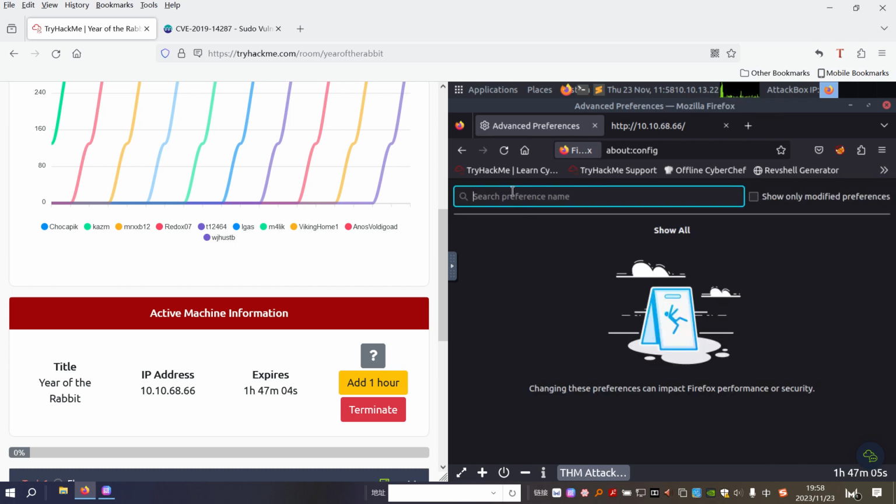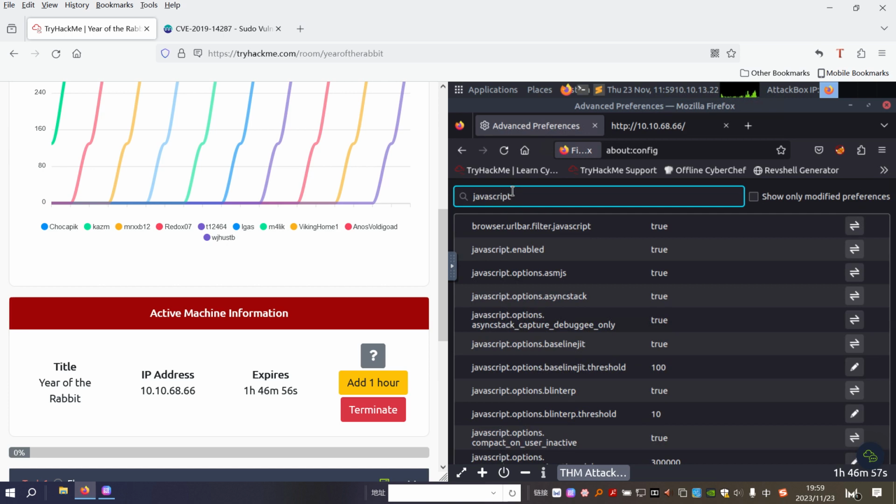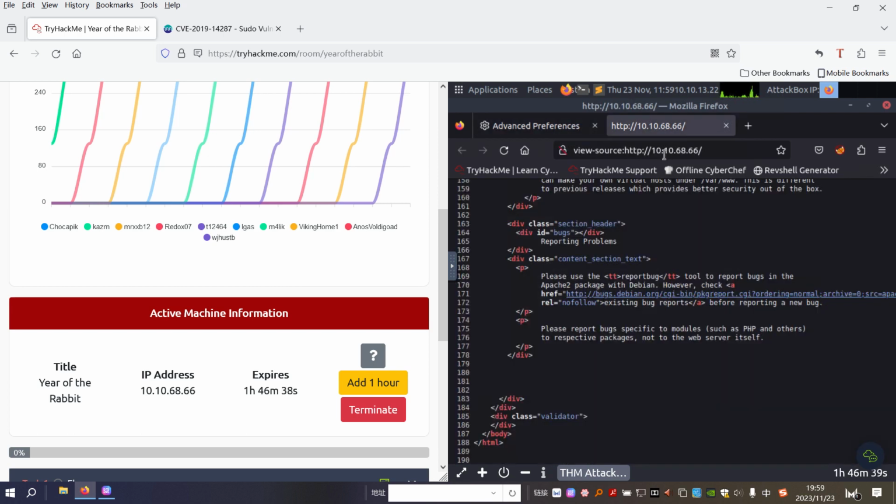And we just search the keyword JavaScript, and we can see it is enabled. By default the JavaScript is enabled. So now we just follow the instruction of the author. Disable it or make it false. Now if we access that file again,